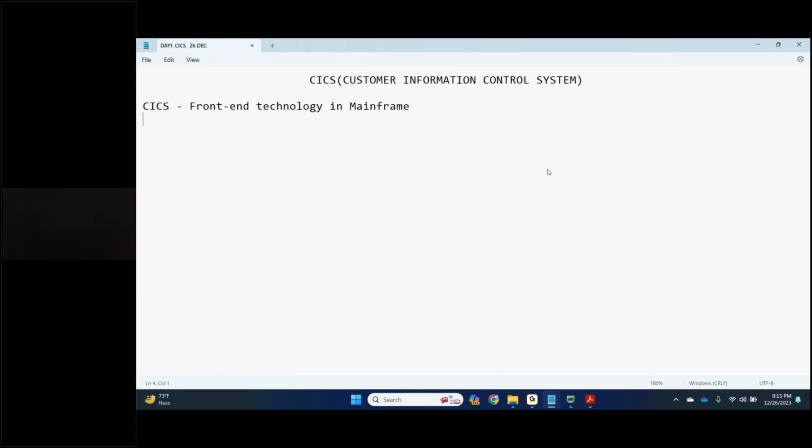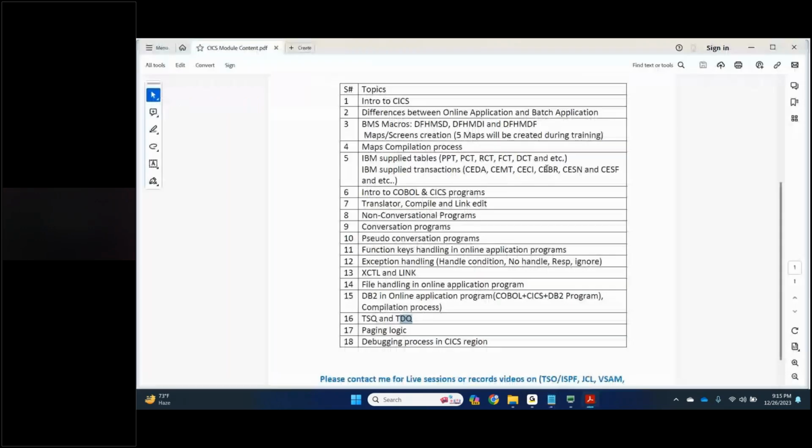Apart from CICS, what else is there? We have IMS DB. IMS DB is a hierarchical database, whereas IMS DC is again a front end technology in mainframe. But IMS DC is the older one, whereas CICS is the newer one. I don't say latest, but compared to DC, CICS is the younger one.